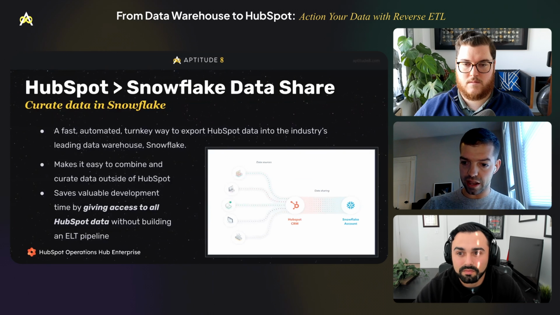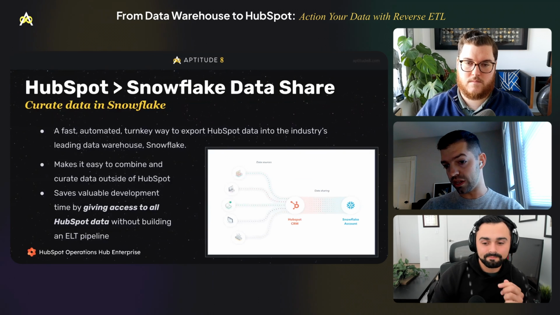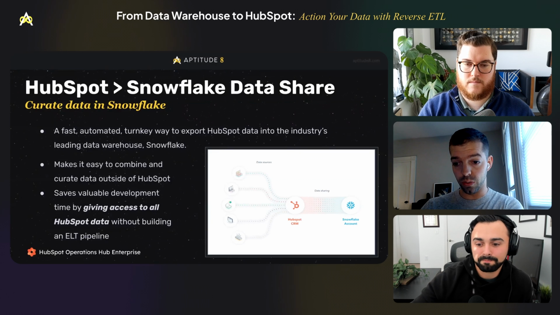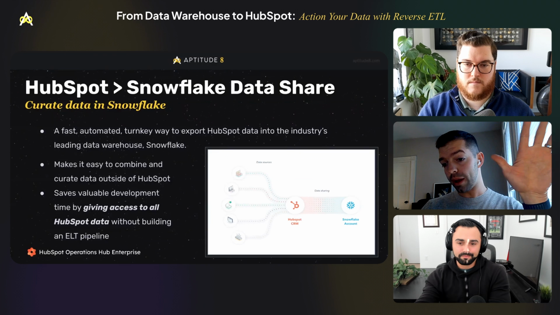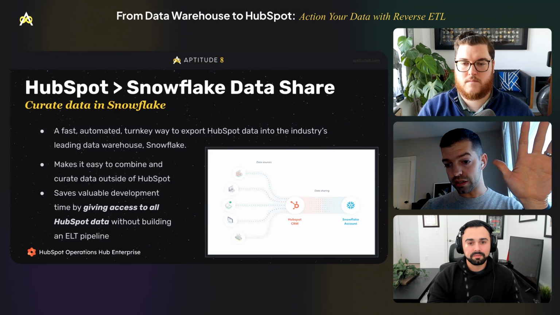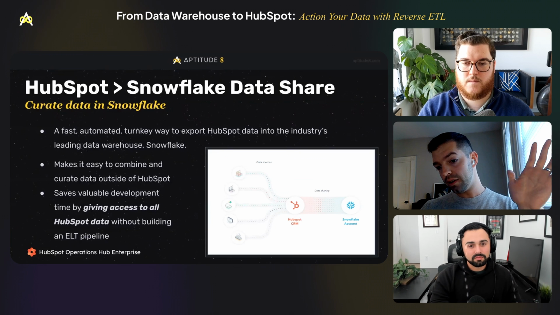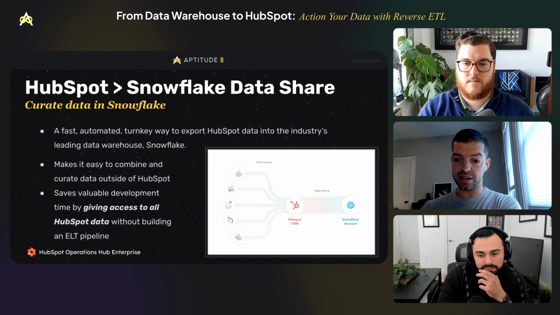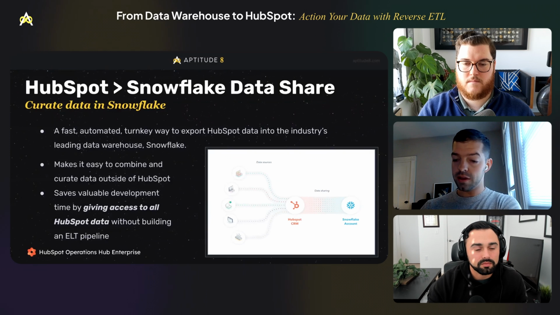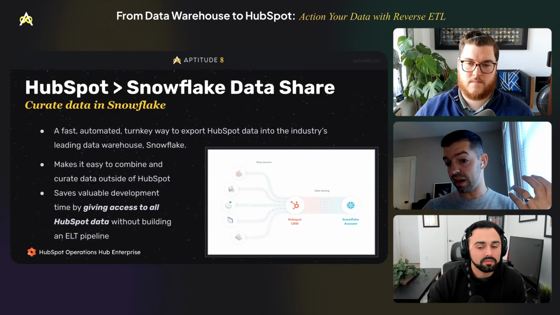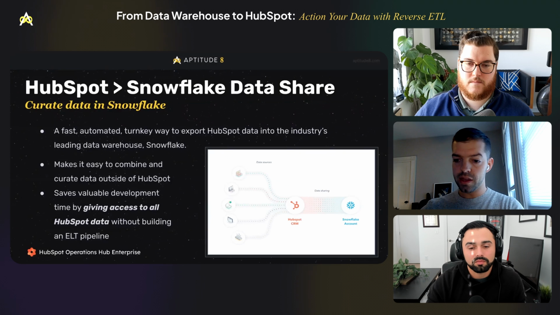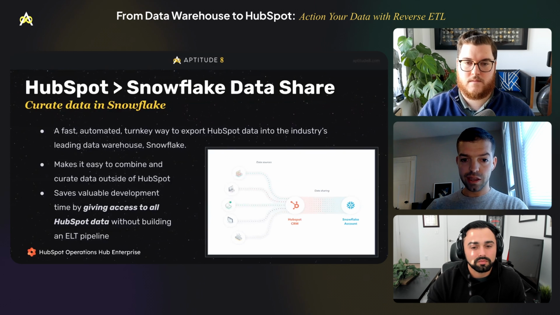And then your data engineers and analysts join the data in Snowflake to whatever other data you want. So you can imagine this circular data pathway where your reps and your marketing team are generating data in HubSpot. You instantly have access to that data in Snowflake via the data share. Then you join it, and Hightouch can pull that data and put it back into HubSpot after combining it with your other data sources. I'm going to do a quick little demo of this just to show how simple it is